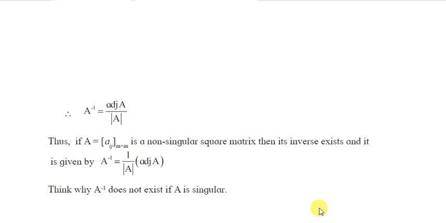So in the adjoint method, we have to concentrate on the steps one by one. The first step is finding minors and cofactors. Second step is finding the cofactor matrix. Third step is finding the adjoint matrix. Fourth step is finding the determinant of the matrix, and then the last step is finding A inverse. The first step and fourth step you can do in a different place. You can change the order also. Now let's begin with examples one by one.